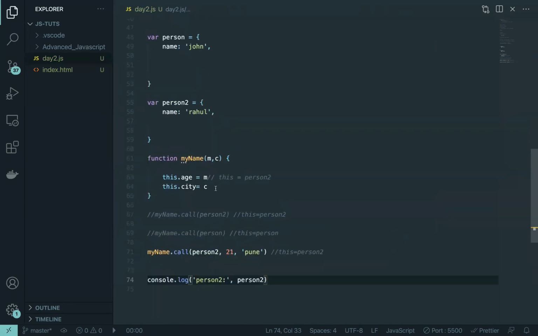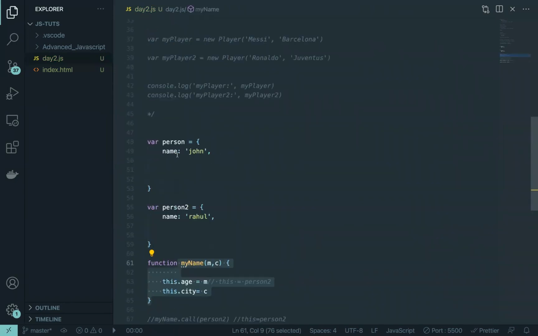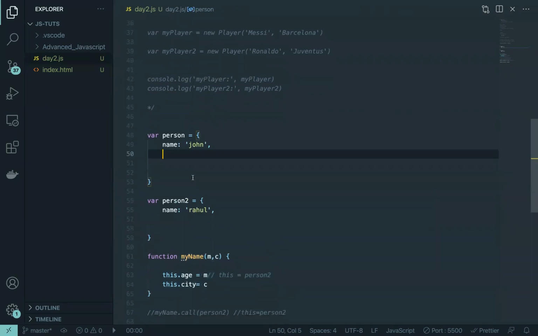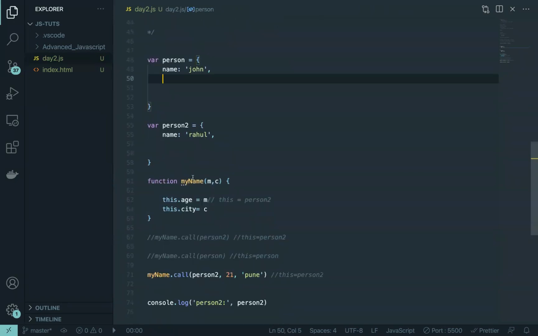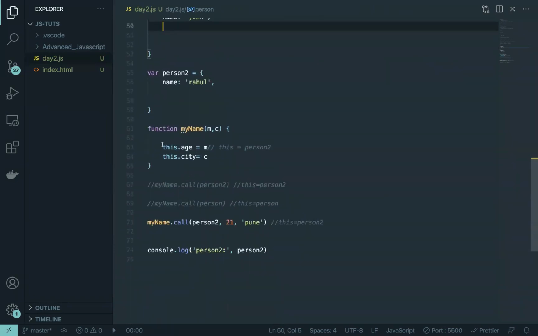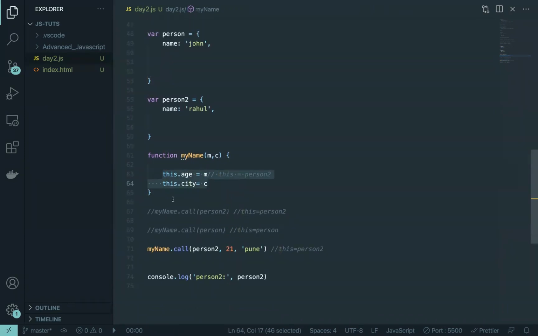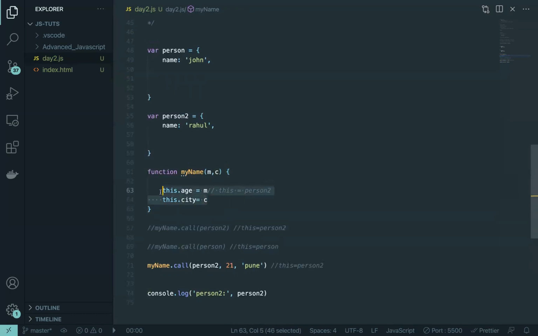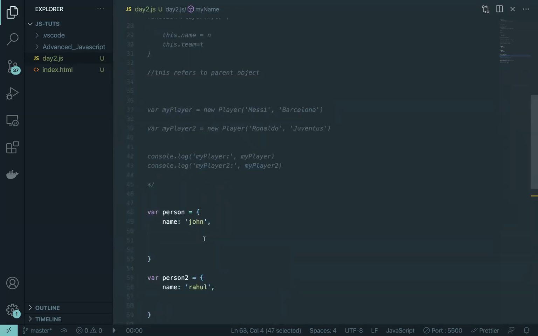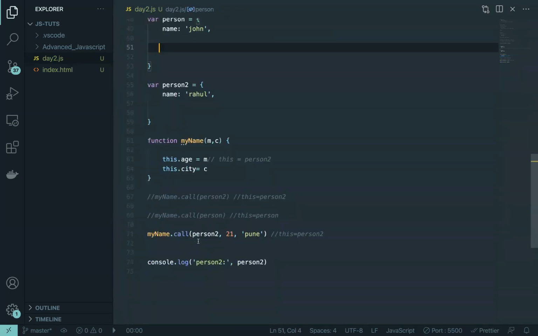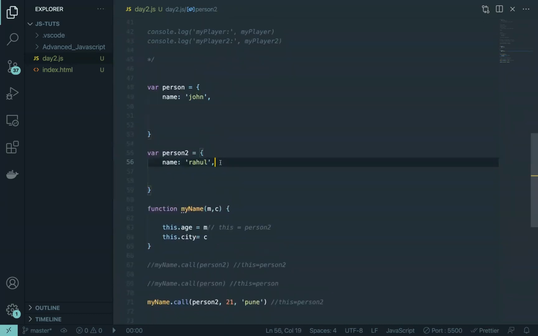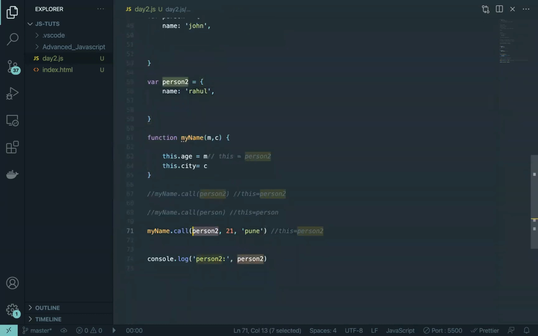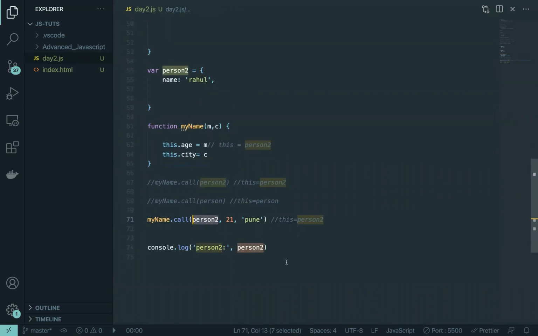I understood basically it is grabbing all of this and just putting it in person, and that's how that person is getting all those values. So remember, these values are being added because ultimately the constructor function is just creating an object. It is creating this small object and all that value is being added, sorry, not to person, to person2, because we have passed in person2. We told it to do it for person2 and not for anyone else. So that's what call is doing for us.